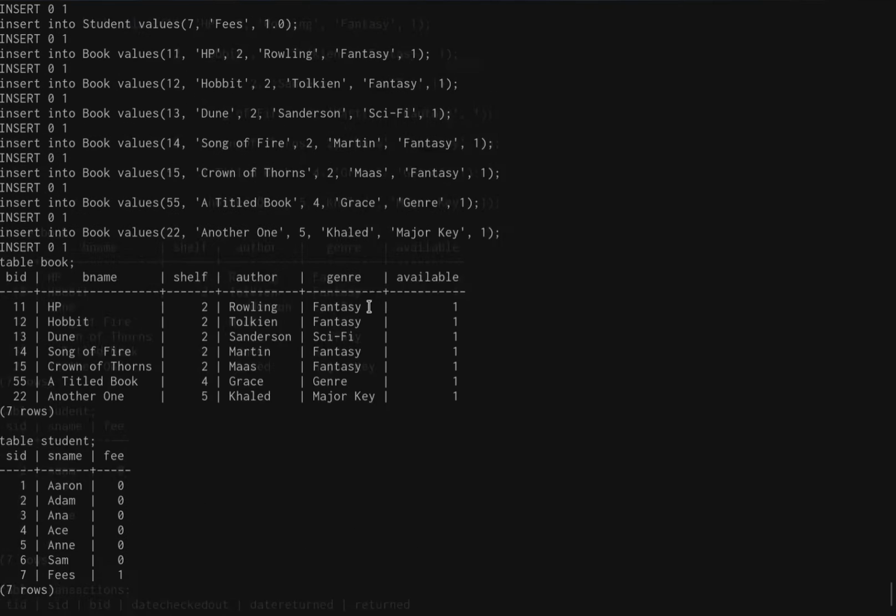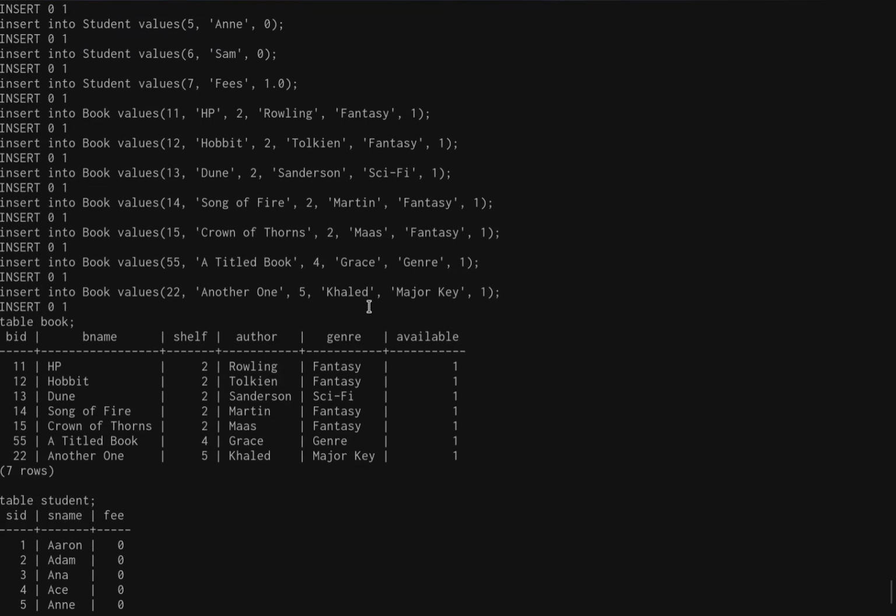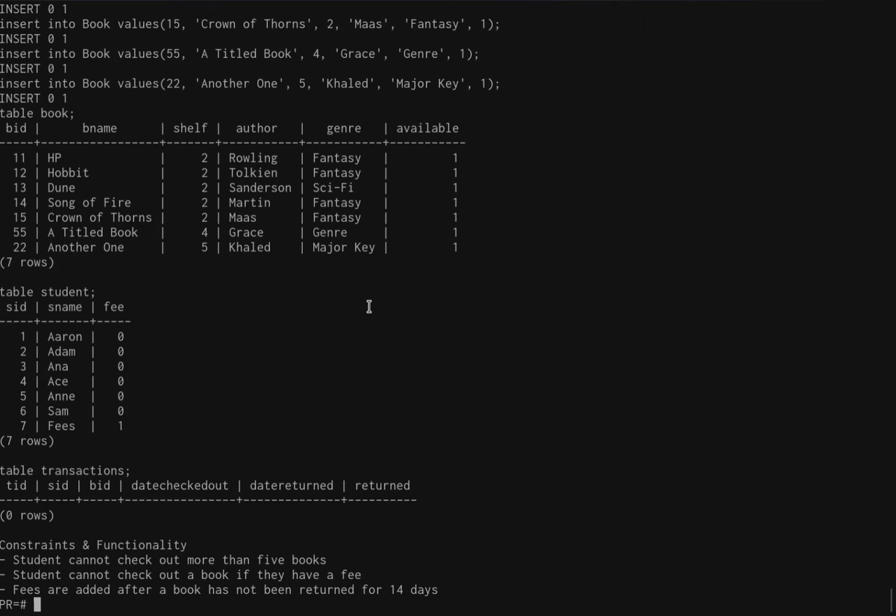So our library database has 3 tables: a book table, student table, and transactions table. The book table has a primary key for book ID, a name, shelf, author, genre, and whether the book is available. A student table, which has a primary key for student ID, name, and a fee. And then a transactions table: transaction ID, student ID, book ID, date checked out, date returned, and whether the book